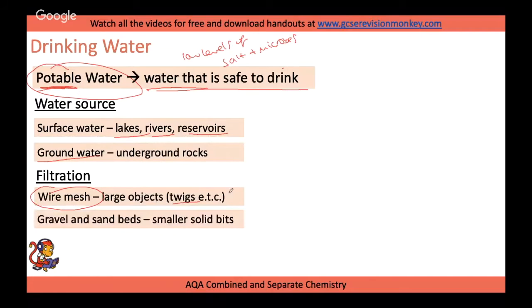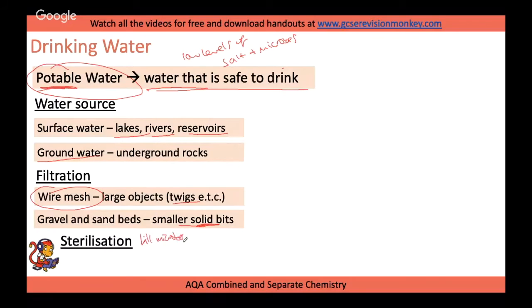Then we have to filter out the smaller solid bits. So we put that through a gravel and sand bed. So the water is filtered through there and other solid bits like smaller twigs and leaves and things will be removed. And then finally, we need to sterilise it to kill